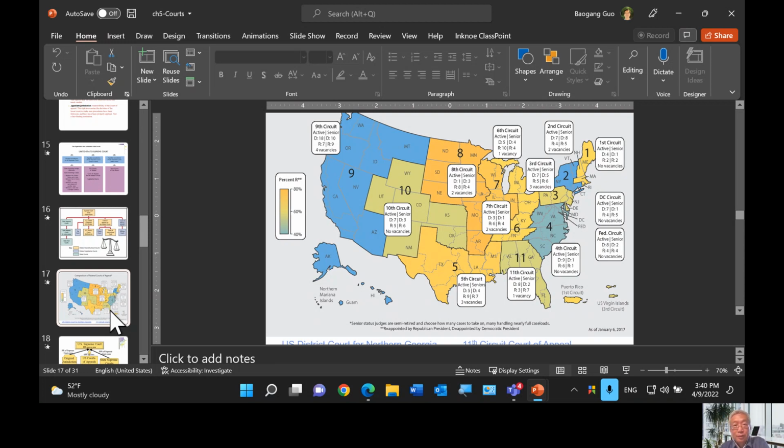You can see the entire west coast of the United States, also including Alaska and Hawaii, all belong to the 9th Court of Appeals. Now if you look more carefully within each state, you see some states have broken dots and broken lines, while some other states don't have any.